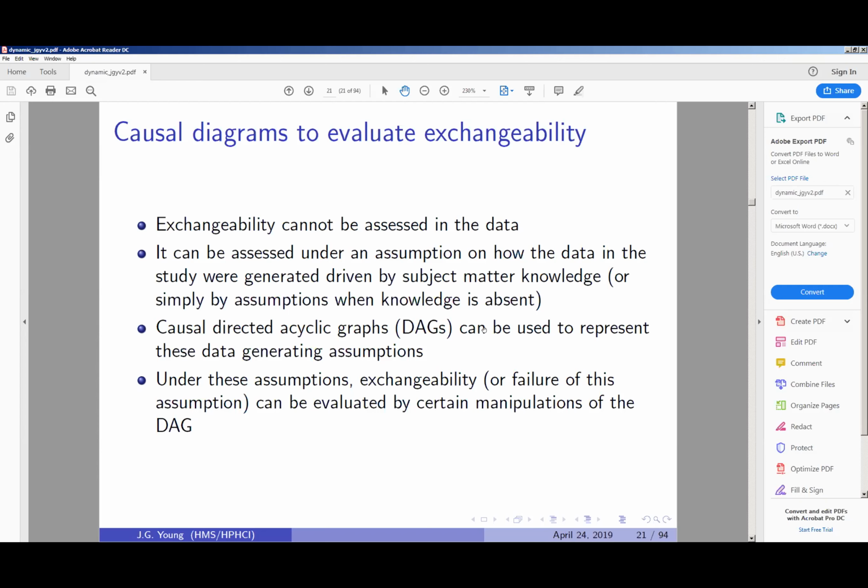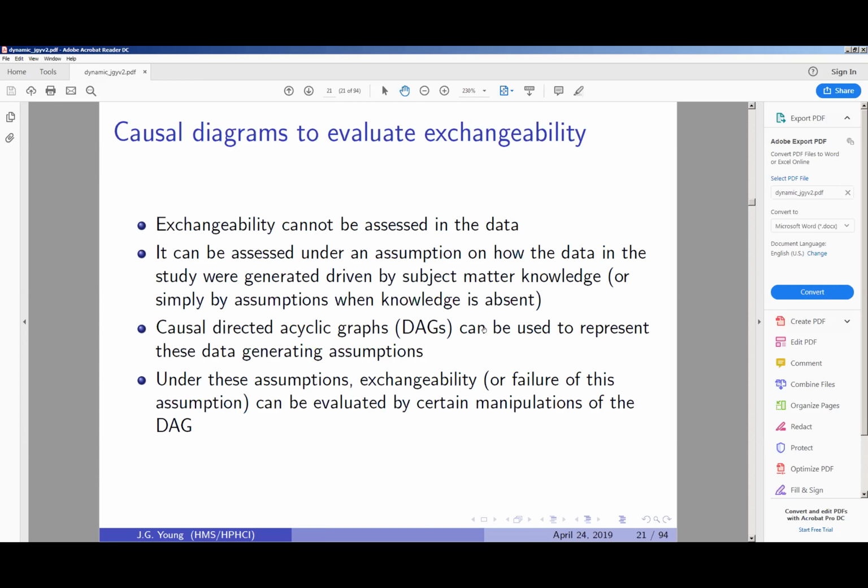But the idea is that if we had actually conducted a sequentially randomized trial, then the design would guarantee that there's no arrow from U into A at any time because we know how treatment was assigned and it wasn't dependent on U. But what if we drew this DAG to represent the data generating assumption on HIV-CAUSAL, which was not a sequentially randomized trial, and that we only observed how people initiated treatment. We did not physically intervene ourselves. So in this case, the absence of an arrow from U into A is an assumption.